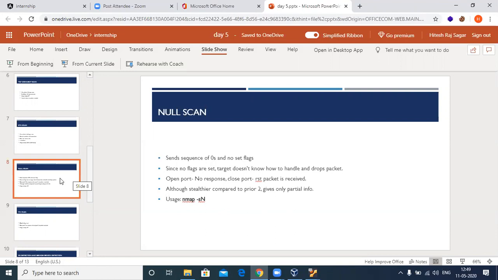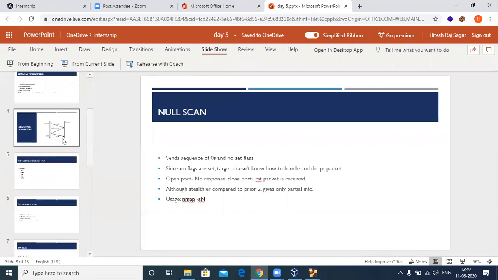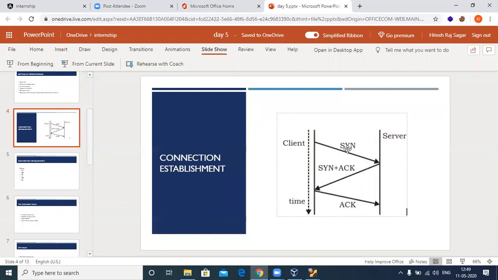It is a bit confusing, so let me actually tell you how it goes. Look at this particular thing. Just remove all the SYN-ACKs. Just imagine these two parties and one null packet going to the server. The server saw the packet, it doesn't have anything in it, so it will drop the packet, if the port is open. If the port is closed, obviously a reset packet comes back.